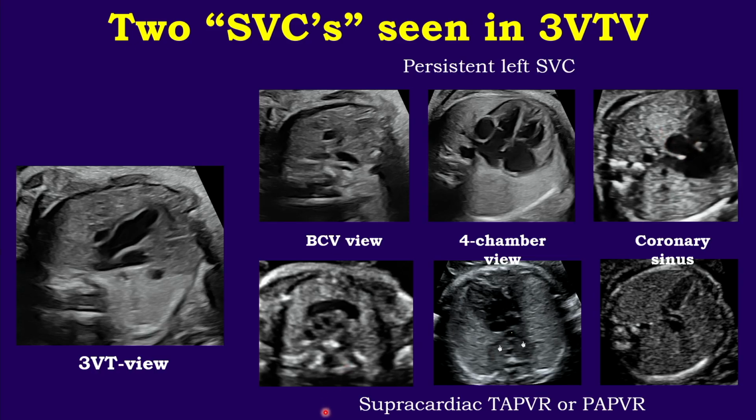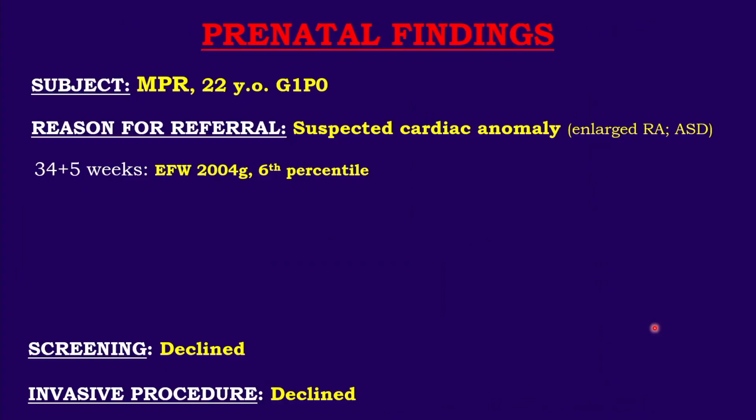If you have supracardiac total anomalous venous return, or partial venous return as in the last case, you will be able to see, at the level above the 3-vessel and trachea view, a very, very dilated brachiocephalic vein, or at least you will recognize the brachiocephalic vein there. You will have difficulties finding the drainage of the pulmonary veins to the left atrium, and the coronary sinus will be normal. So the next case,